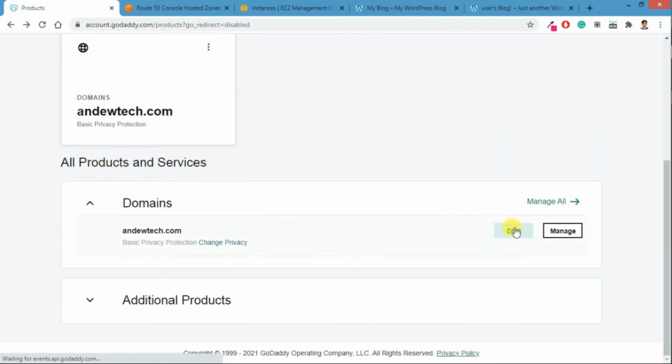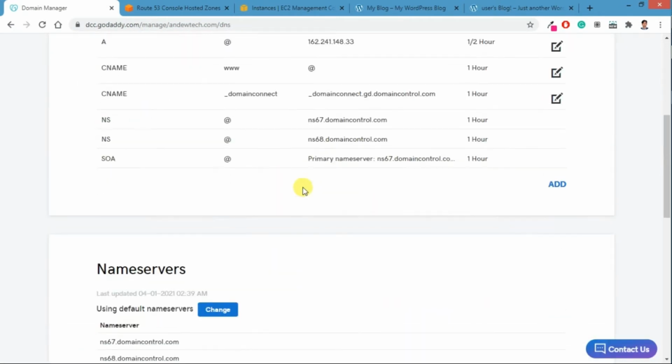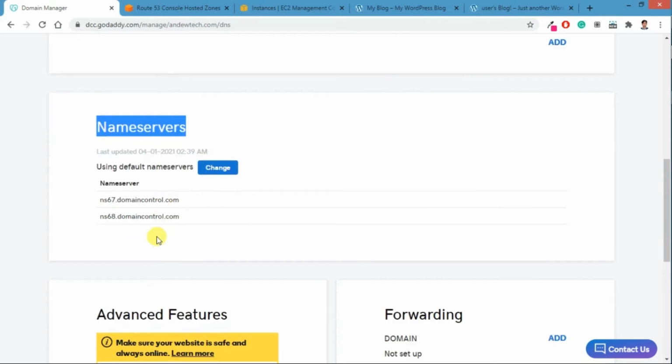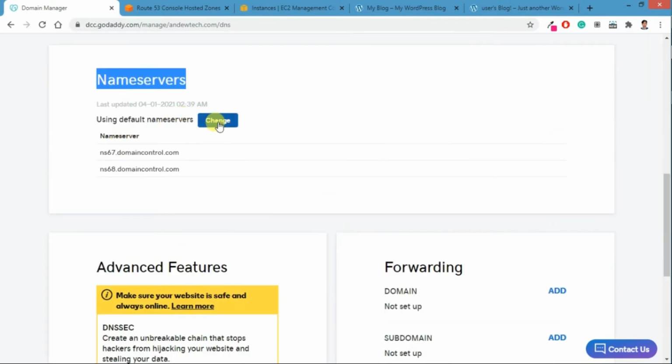But in some cases you have to update the DNS, the second option. If I am updating just the A record in GoDaddy, it will work. But if you have a domain from a different company, in that case you have to update the name server. So if you want to update the name server on this GoDaddy account, just click on Change name server.